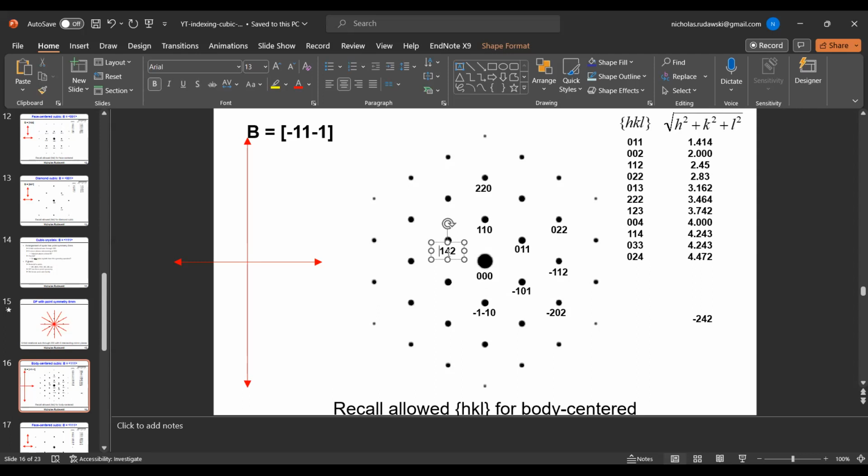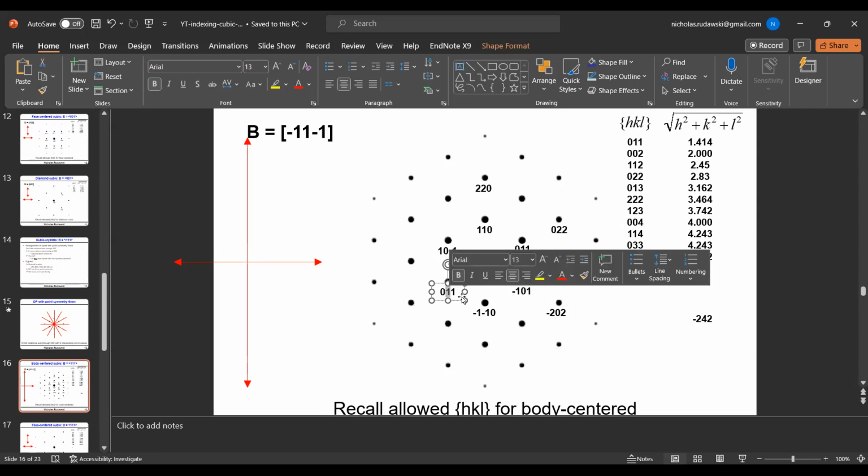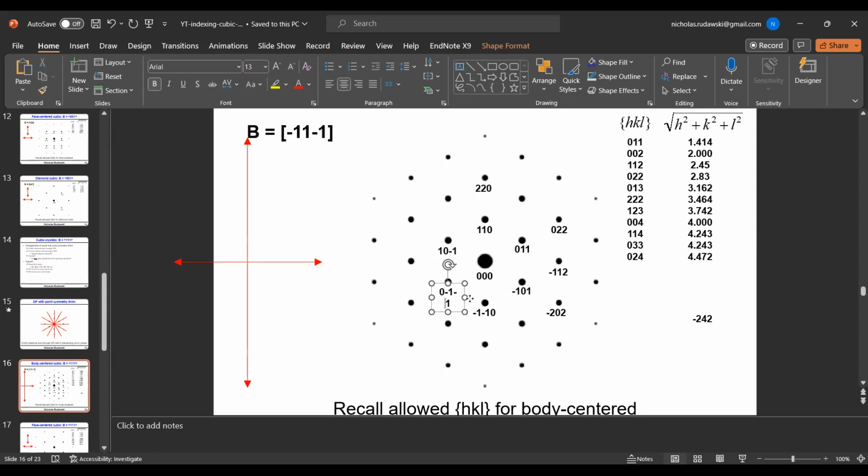1, 0 1 bar. This is the opposite. 1 0 1 bar 1. And this spot here is